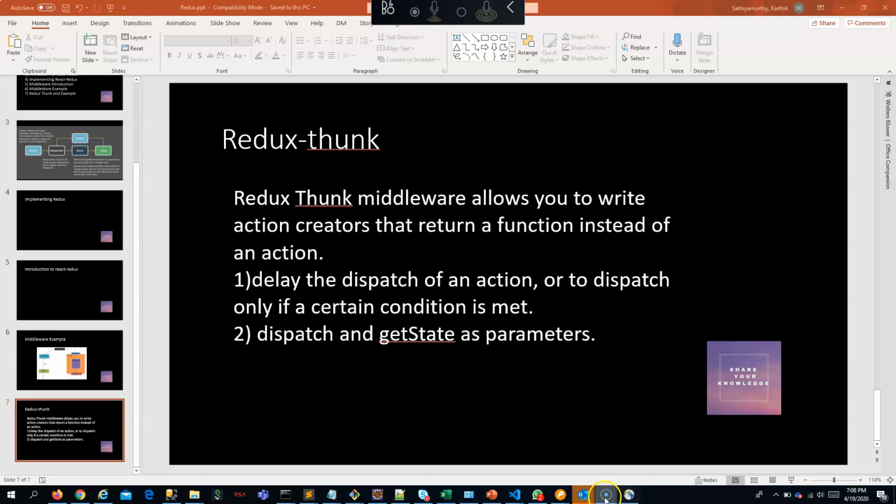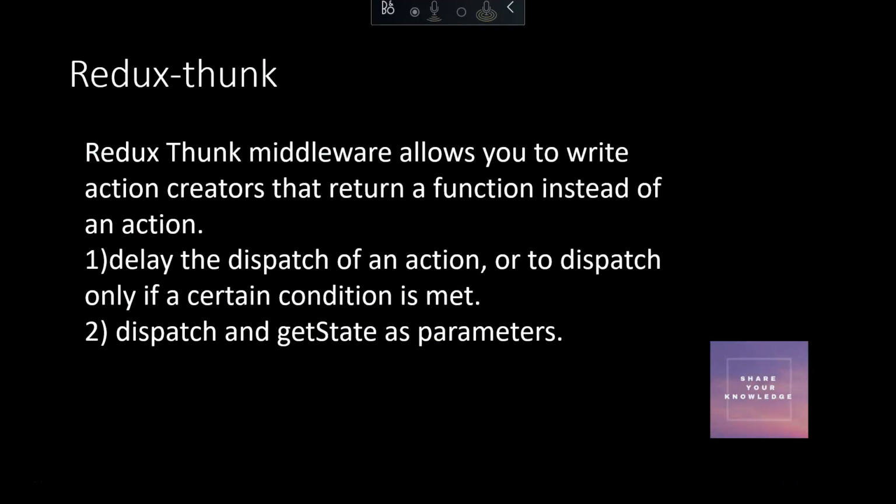So now let's proceed with our next topic, Redux Thunk. We already saw about middleware, and Redux Thunk is also a middleware. This middleware actually returns action creators. It allows you to